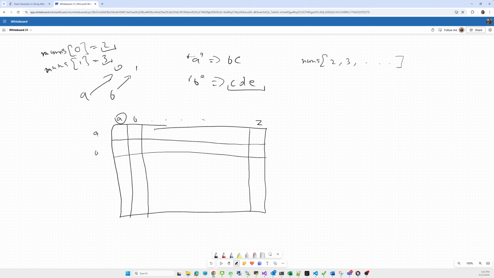This a will impact only b and c, so we mark b as 1 and c as 1.